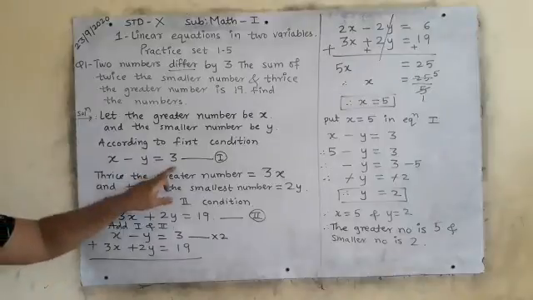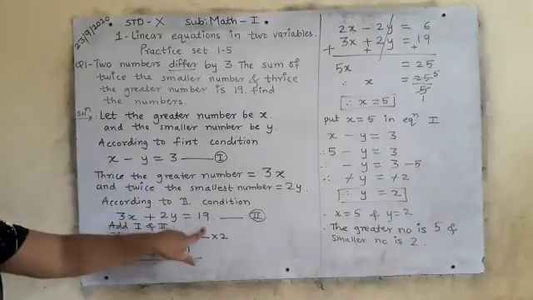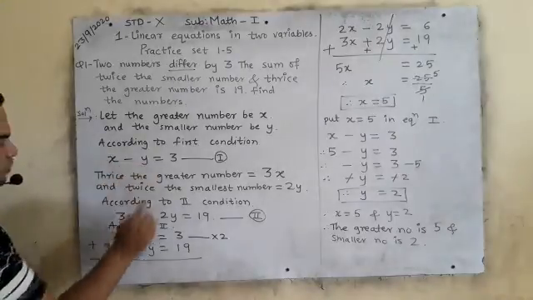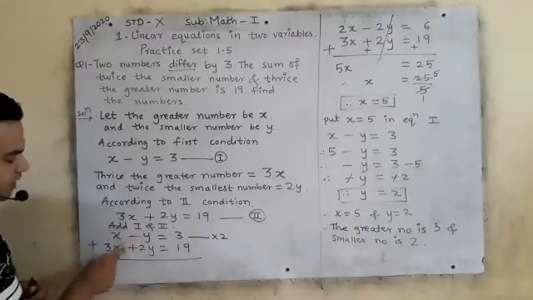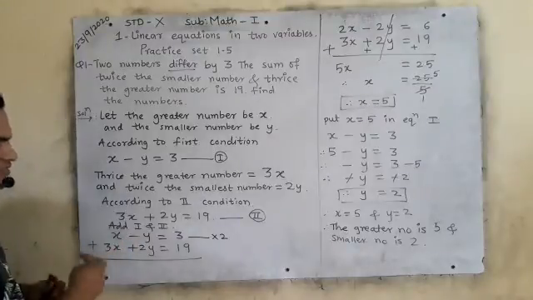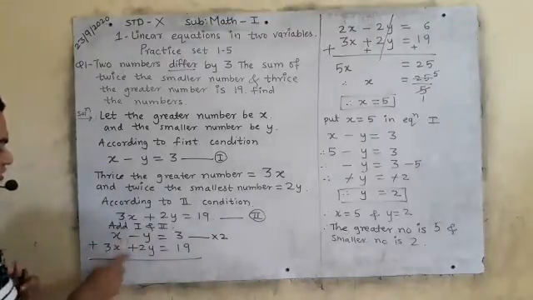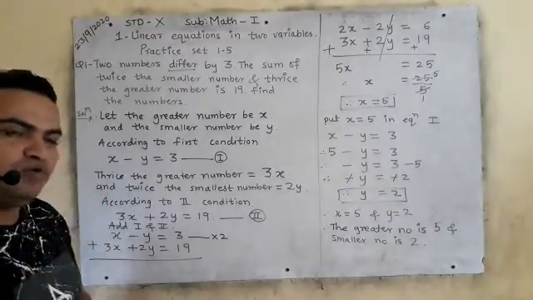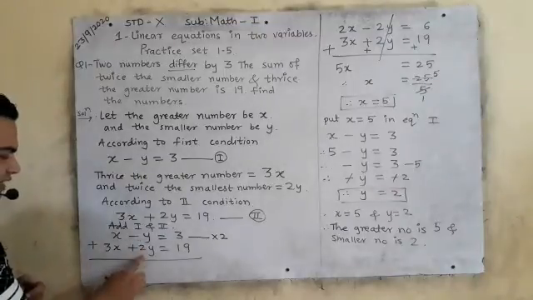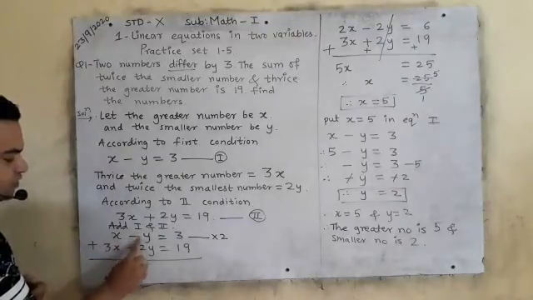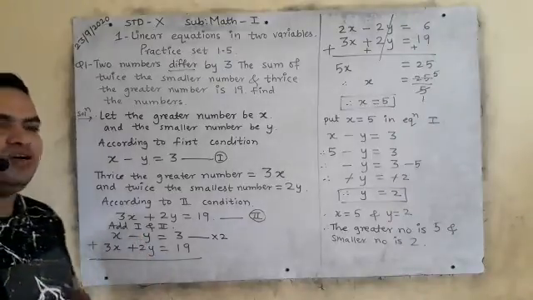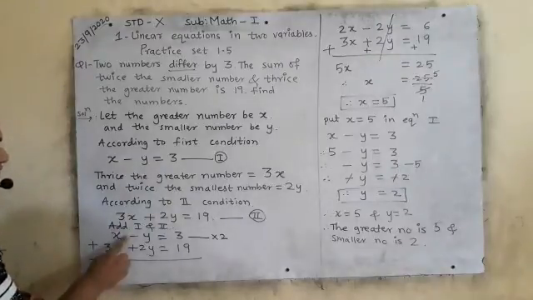Now you have two equations. x minus y is equal to 3, and 3x plus 2y is equal to 19. Now we will add. Why will we add? Can you see here, it is minus y and plus 2y. I have taught you in 9th standard, which variable you want to cancel, here y. The coefficients of y are not equal, and the signs of y are minus and plus, which means opposite signs.